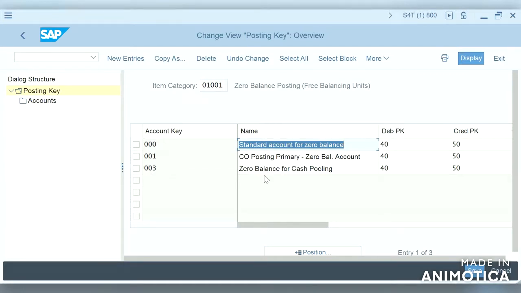We have seen this. Here, account key, standard account for zero balance, debit and credit posting key. Even this we can see, this is CO posting primary, and we can check what are the accounts.